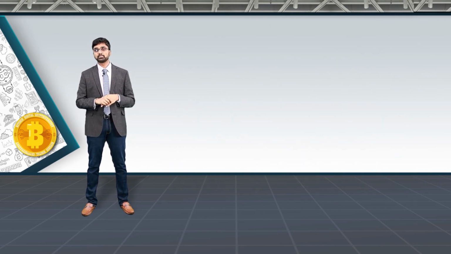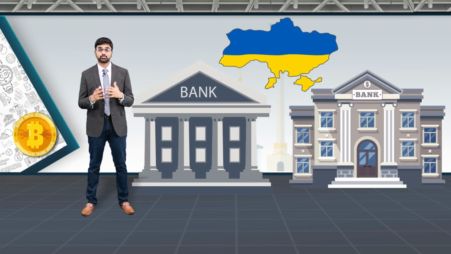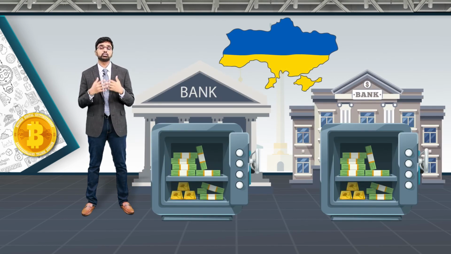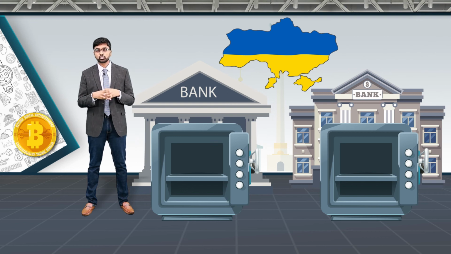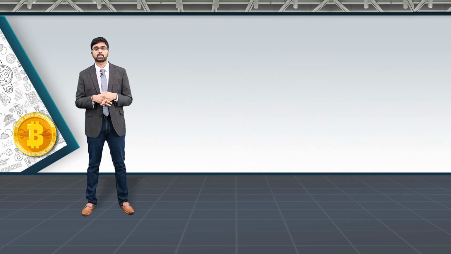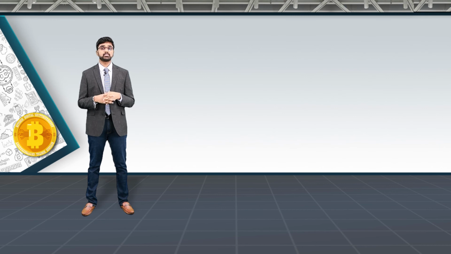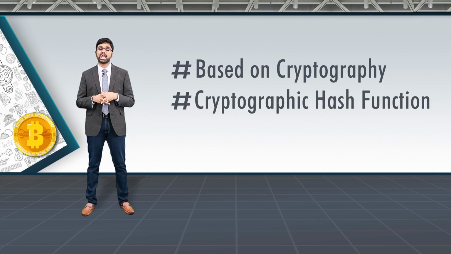I have seen problems such as in Ukraine, where two large banks got dissolved and all the money of the depositors is lost. So trusting a third party with your money does not really make much sense when you can use a much safer, secure system based on cryptography, based on cryptographic hash functions, based on private key and public key